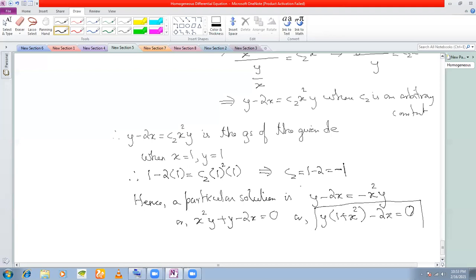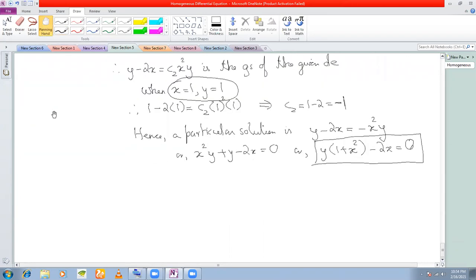Yes, sir. So the boundary conditions, remember, whenever boundary conditions are given, that means they want you to find out a particular solution of the differential equation. Okay. So whenever you have a homogeneous differential equation, always put y is equal to vx. And by now, I'm sure that if you have not practiced your integration properly, you are regretting it. Okay. So that is why I gave you a test on integration that day, so that you can practice integration and then come prepared for the classes on differential equations. Okay, so these two you do, this will be sufficient for your examination.